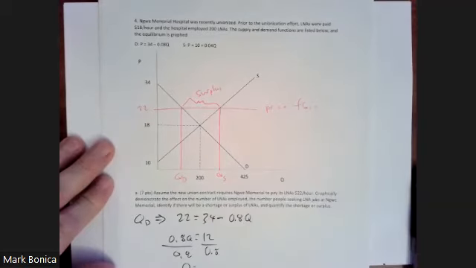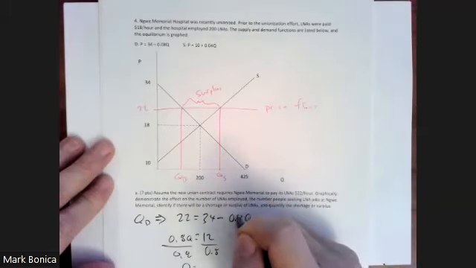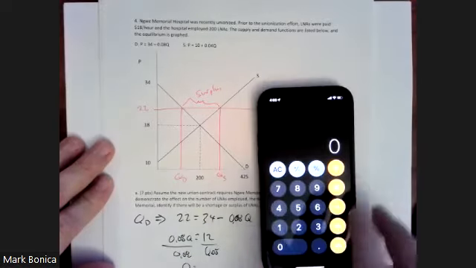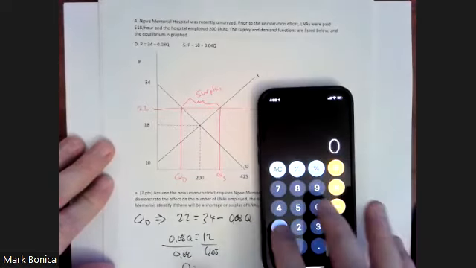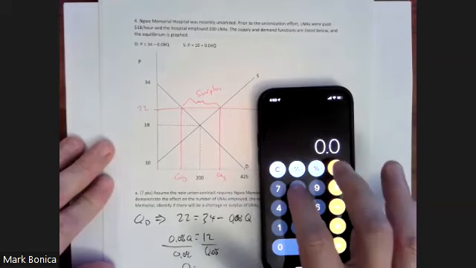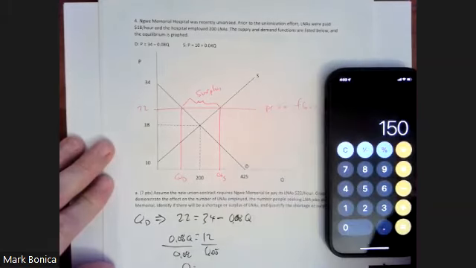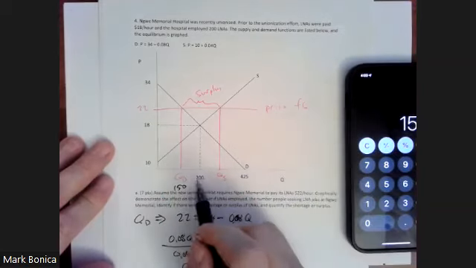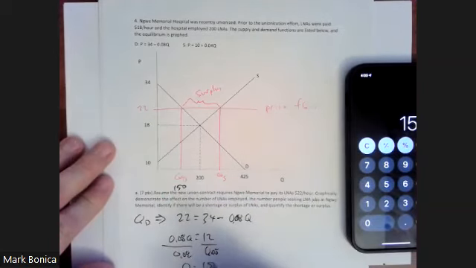What did I do wrong here? Hold on. 0.08, that's what I did wrong. It was a copying error; that should have been 0.08. So dividing through by 0.08, I knew that was too small a number. So 12 divided by 0.08 is 150. So the quantity demanded falls from 200 to 150.